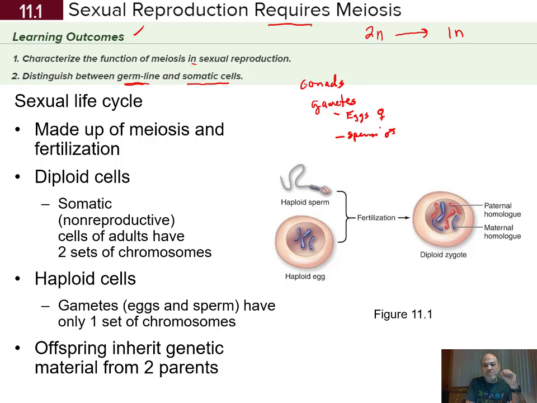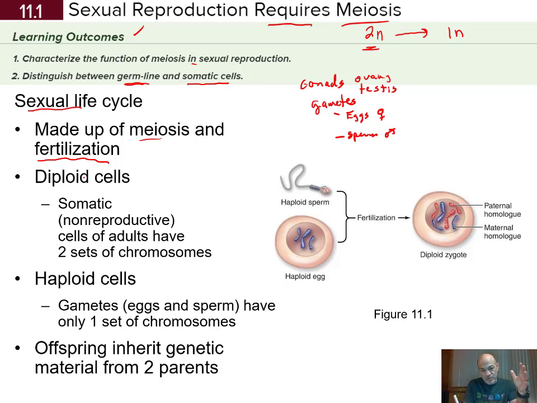Okay, and so within those organs, the gonads, the ovaries and the testes, so it's the ovary singular and testis singular, there are special cells in there. Not all of the cells are there, but some special cells there are the germline cells that start off diploid and then go through meiosis. So your sexual life cycle in any organism, animal, plant, fungus, has to involve meiosis at some point. And then after meiosis, which reduces to one set, is going to be followed at some point in that life cycle by a fertilization where